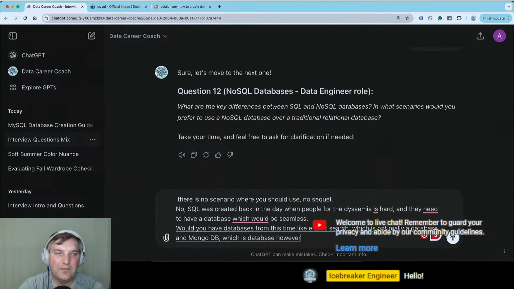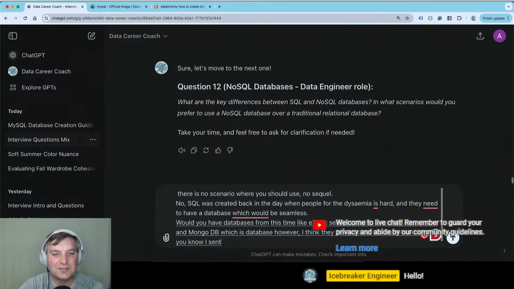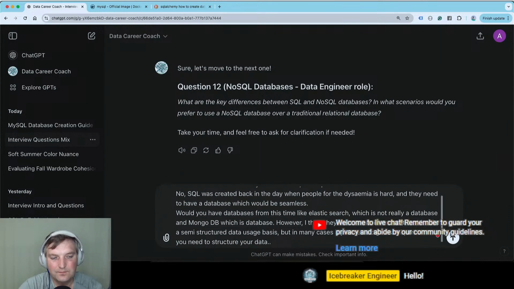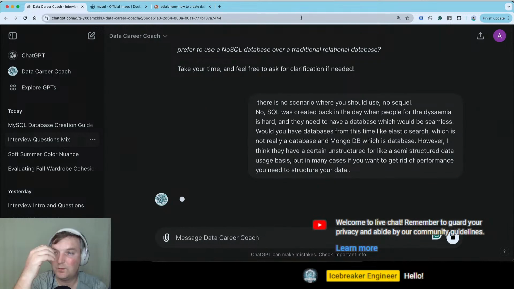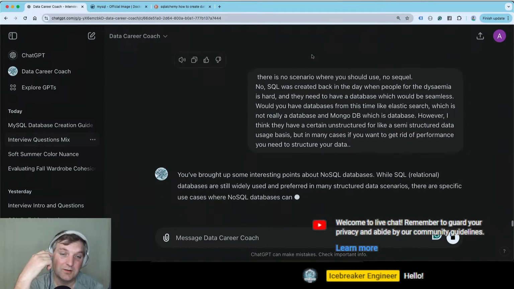However, I think they have certain unstructured or semi-structured data use cases, but in many cases, if you want to get really good performance, you need to structure your data. I think that's my opinion, which could be totally wrong.